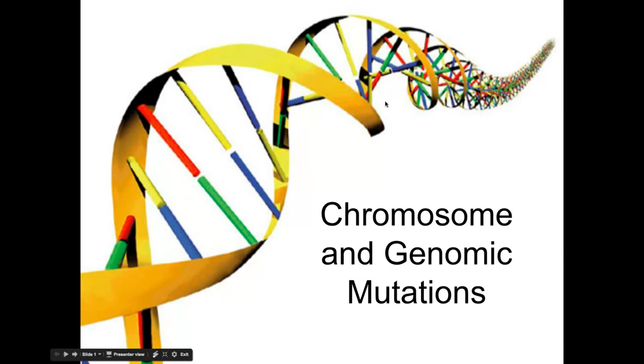So we've spent a lot of time talking about our DNA and more specifically our genetic code, those A's, T's, C's, and G's, and how those can code to produce certain proteins in our body and give us certain traits. Today we're going to start talking about a topic that we're going to spend a little bit of time on called mutations. And mutations are just when this genetic code gets altered